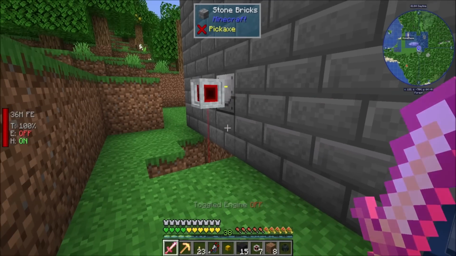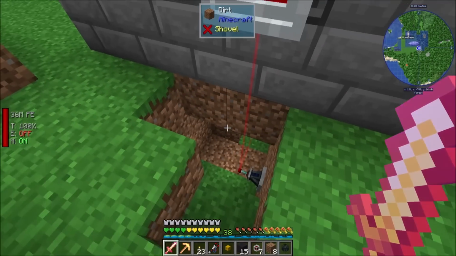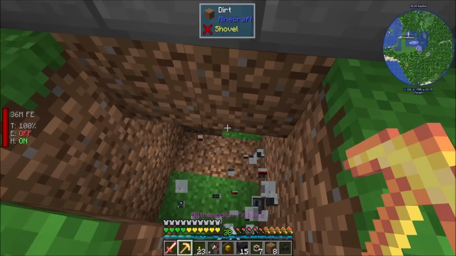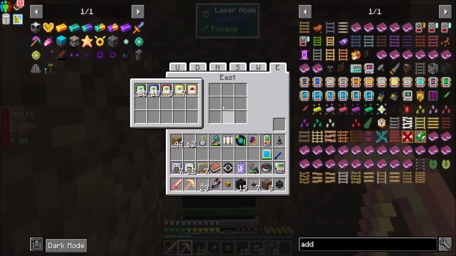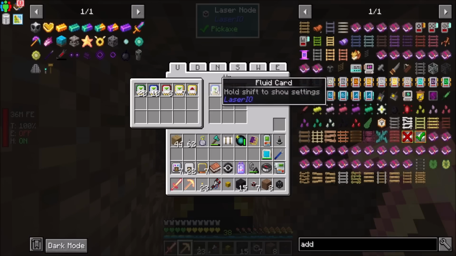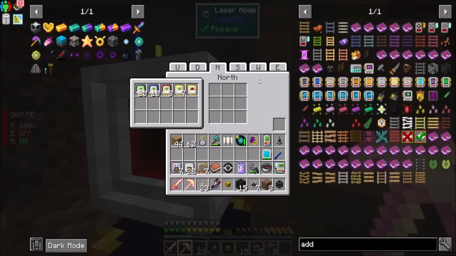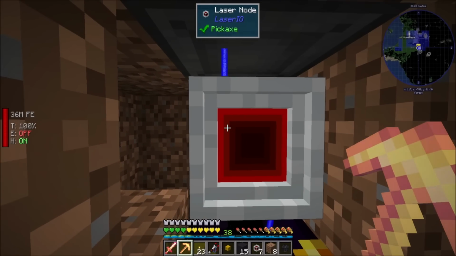I should be a little bit more careful. Maybe I shouldn't connect these two. I think I'll connect those two, but I don't think I'm going to connect this guy. I'm going to remove that connection so that the down can go back to white and the up can go back to white. And then the opposite of this side is south. You can extract again, and then...